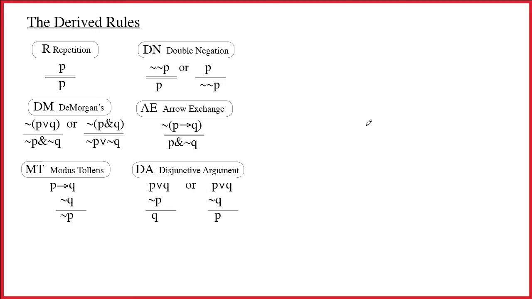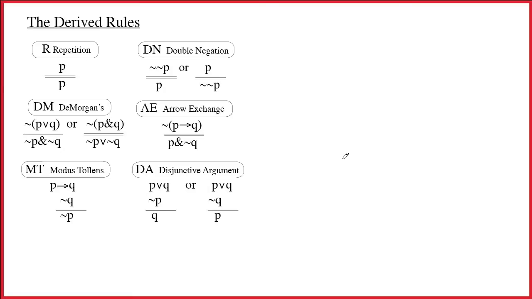This video introduces the derived rules. The 6 named rules that I have listed here are best thought of as shortcut rules. In our basic system we have 10 rules, 2 for each of our connectives, an in rule and an out rule. That basic set of rules is a complete system, and in theory we wouldn't need anything other than those